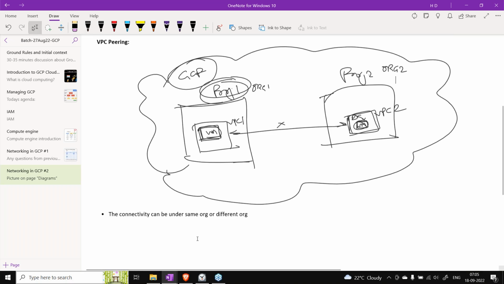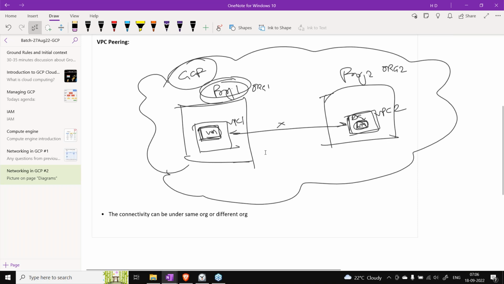So it can be under the same org, meaning under the same organization node you can have multiple projects talk to each other, or it can be a different organization node by itself, so that your projects and organization will be different. Those are not related to each other from the infrastructure perspective, they are not connected. It might happen that two different organizations want to share something, and that is where VPC peering can help you connect to each other's VPC, right?